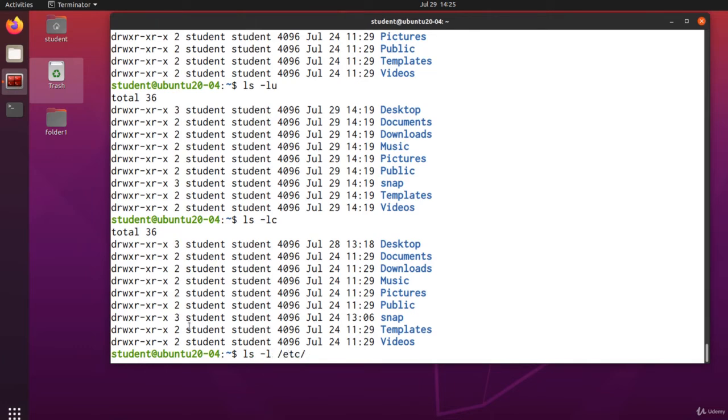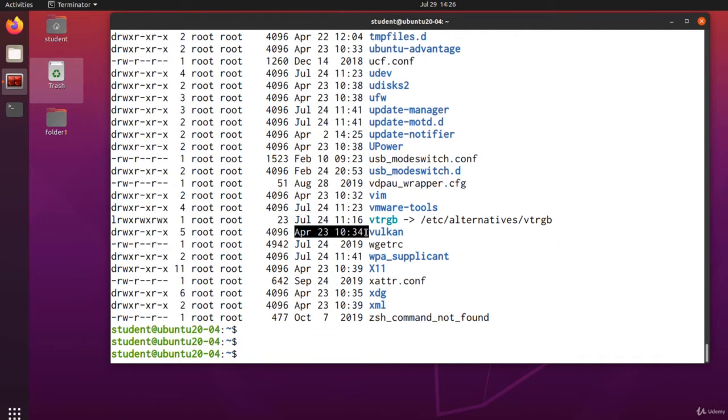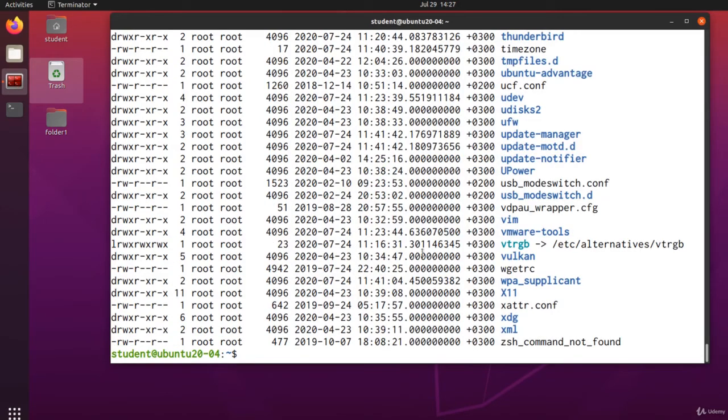Sometimes ls -l is not displaying the timestamp with maximum precision. In this example, we only know the month, the day, the hour, and the minute when the file was last modified. To see the entire timestamp that was saved, this means including the year and the second, use the --full-time option, like this: ls -l --full-time, and the file or the directory. And we are seeing the entire timestamp.